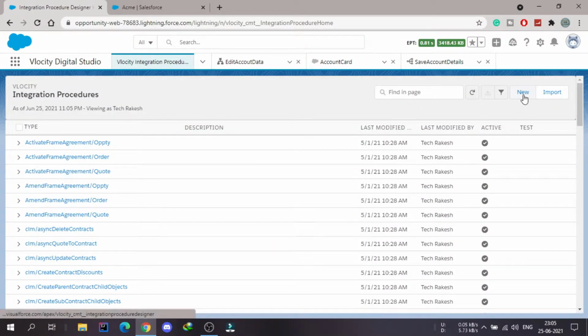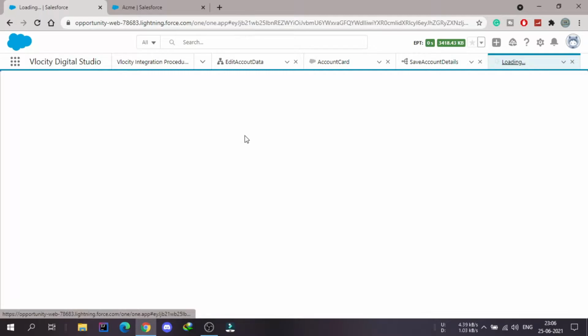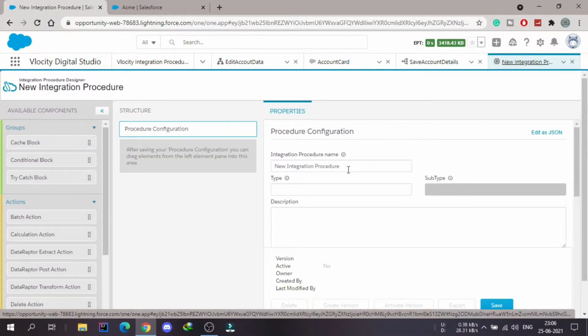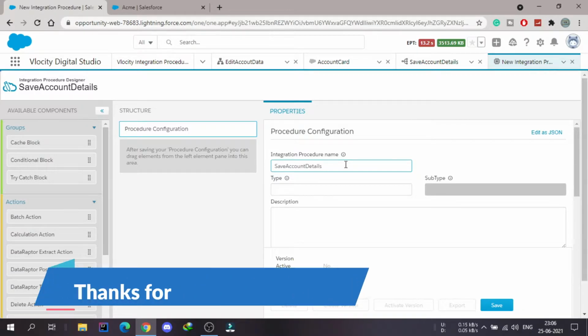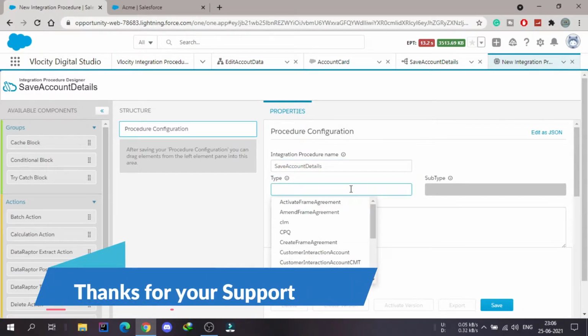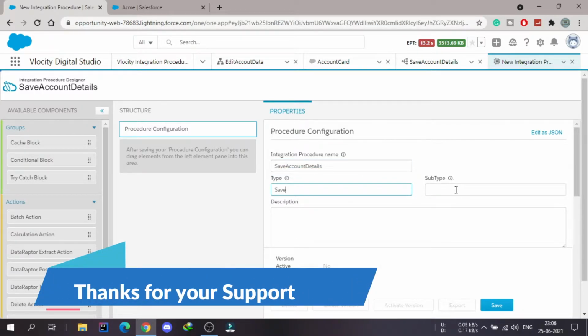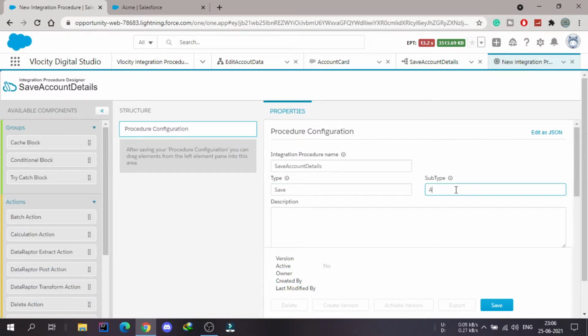So I will create a new integration procedure and I will name that integration procedure as save account details, and inside the type I will use save. Inside the subtype I will use account details. So if I need to save this,